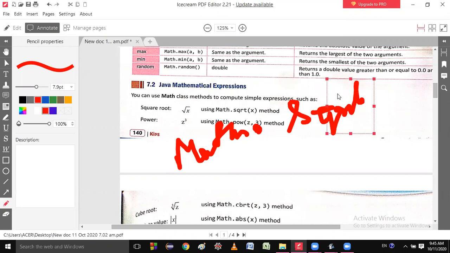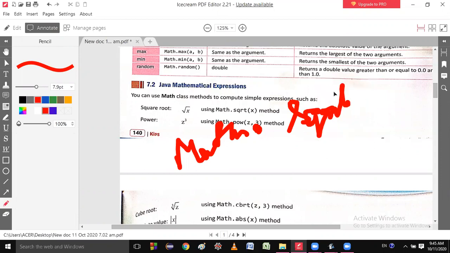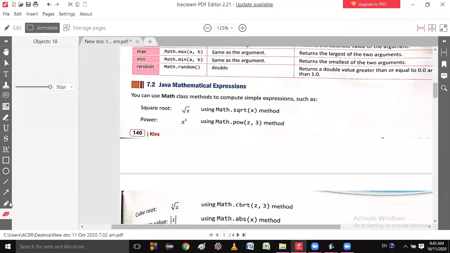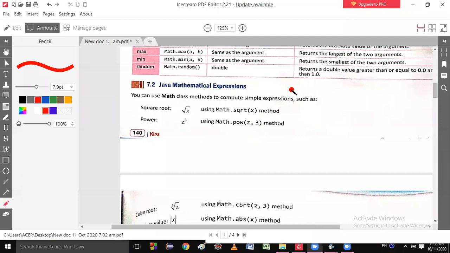It is not writing basically, that's where the problem is. SQRT, and there will be a bracket, and you will pass x. In the website you will give the x values. Am I right, everyone? I need everyone's response. Yes. Why are you not responding, girls? That means you are not getting it. Yes, sir. Everyone is getting what I'm saying. Gulista, Priyanka, Muskan, Mansi, everyone's concept is clear. Yes.